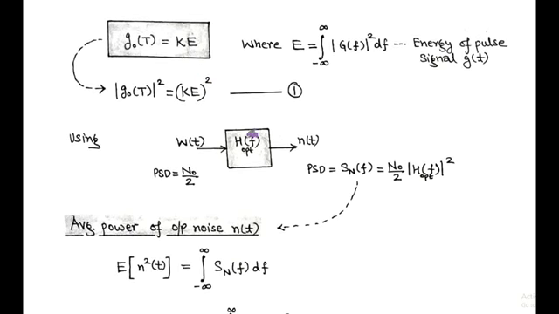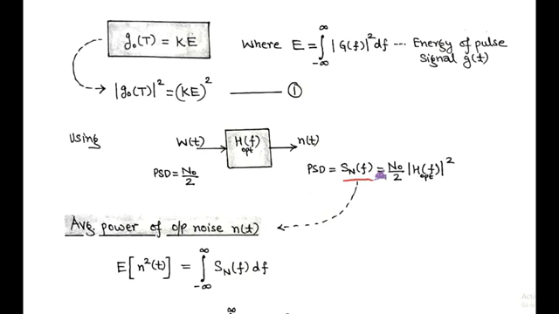Now we again use matched filter that corresponds to the noise. Here at the input side there is a Gaussian white noise denoted by W(t), and its power spectral density is N0 by 2. Here N0 is the average noise power per unit bandwidth. At the output of the matched filter, we have filtered noise denoted by N(t), and its power spectral